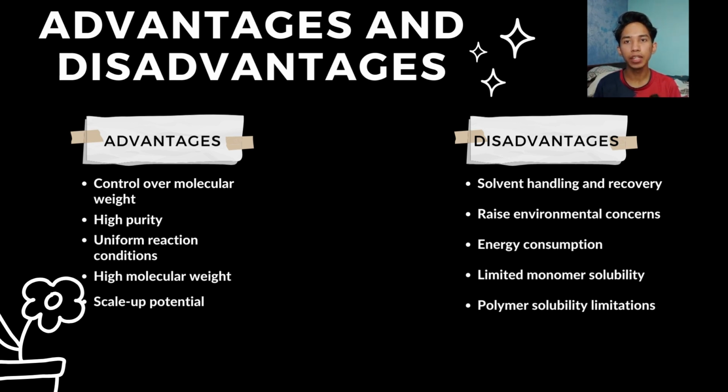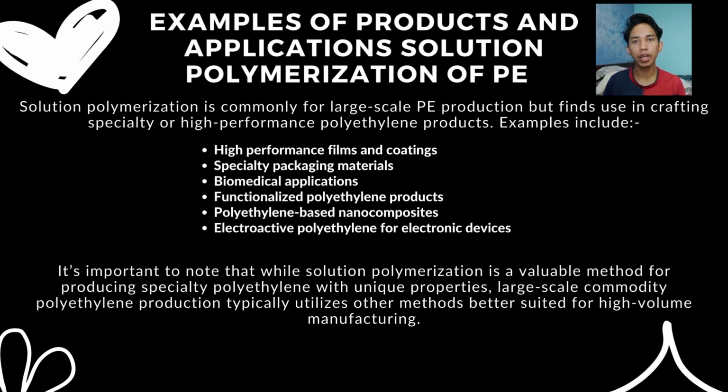The advantages, as you can see in the slide, are control over molecular weight, which can improve mechanical properties, and scale-up potential, which provides a pathway for efficient manufacturing. For disadvantages, it includes solvent handling and recovery, which increase the complexity and costs, and energy consumption is too high. Lastly, for examples and application, solution polymerization is commonly used for large-scale production, where the example provided